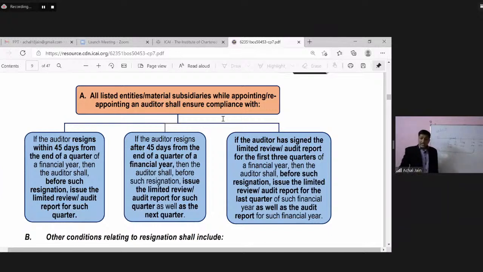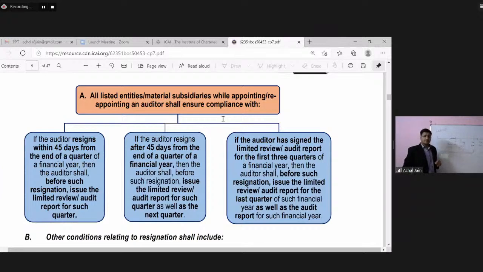Then the auditor shall, before such resignation. Now let's suppose he has issued the report for 3 quarters of the financial year. Now let's suppose the auditor wants to resign. So that means he doesn't want to issue the audit report for this financial year